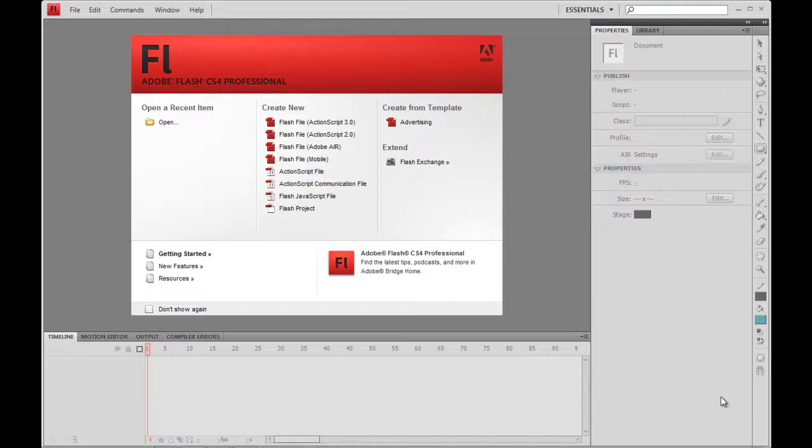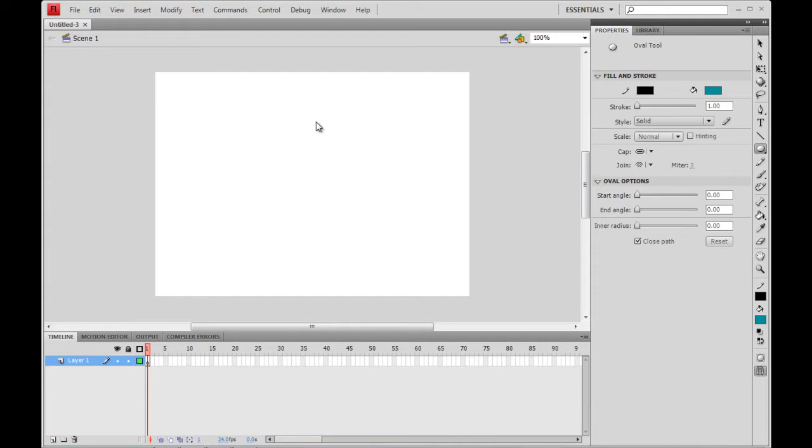In this video, I'm just going to look at one of the ways to work with the bone tool in Flash. The bone tool is new to CS4 and obviously it's in CS5 as well, and there are a number of different ways it can be used. We're going to look at one of the very simple ways that you might look at using it in year 11. So as always, we're going to open up by creating a Flash file, ActionScript 3.0, and for this task